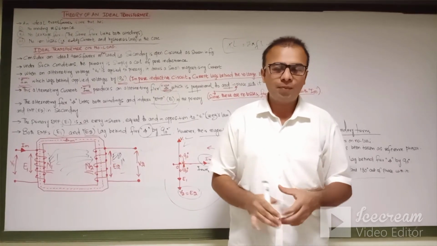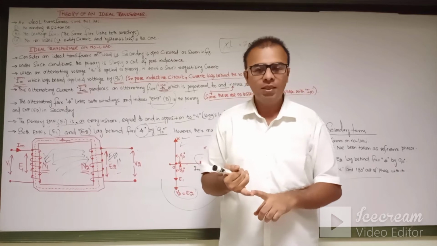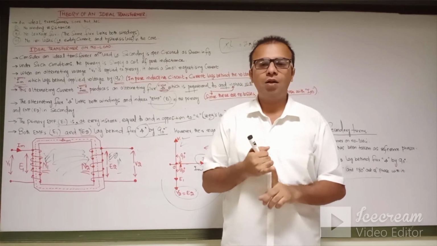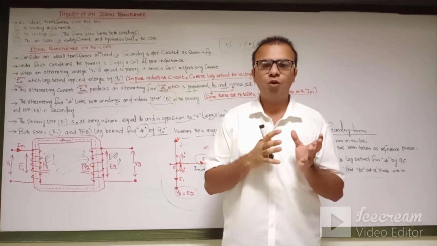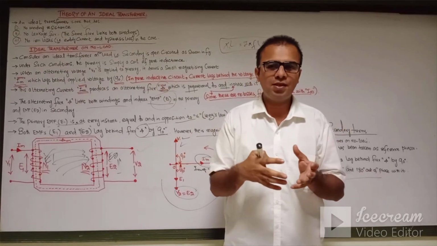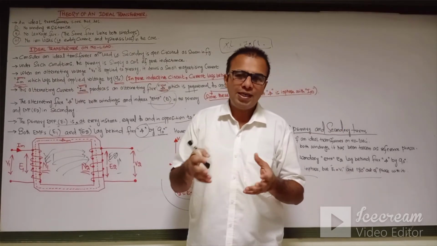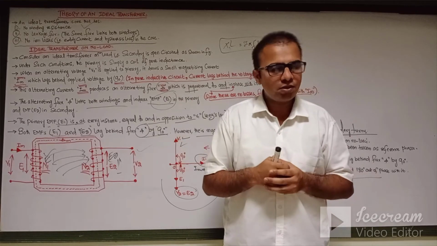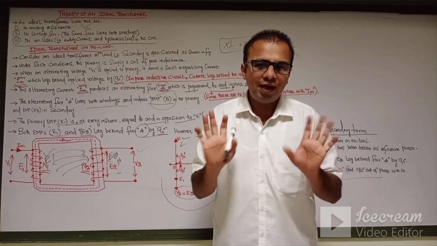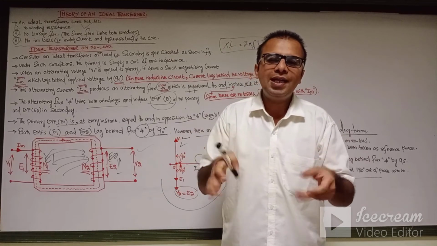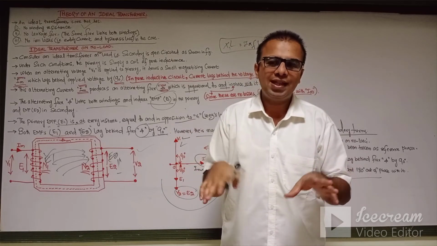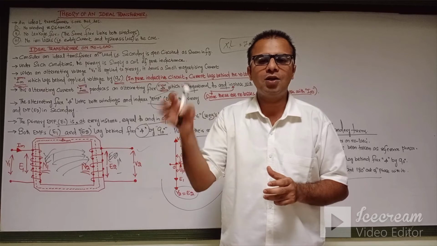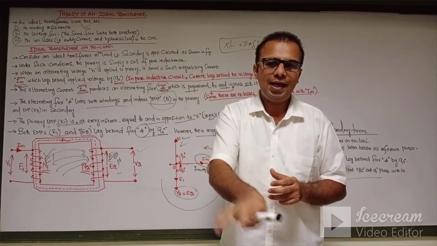What is the ideal transformer? It has no leakage flux. All the magnetic flux links both the primary and the secondary winding 100%, so there will be no leakage flux. Only the linkage flux is to be observed in the ideal case of the transformer. There is no winding resistance. No losses can be produced in the ideal case of the transformer. Eddy current loss and hysteresis loss are the iron losses.